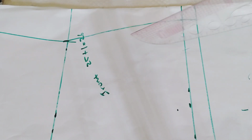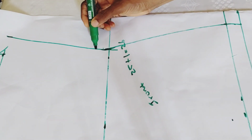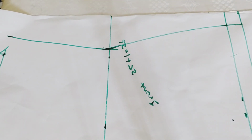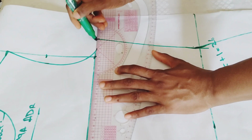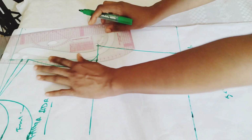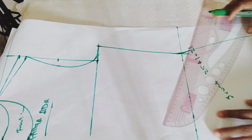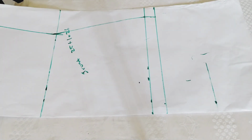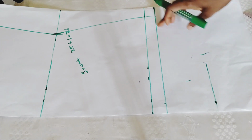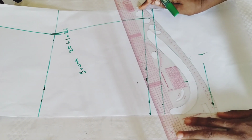And blend off. If there are any sharp edges, you blend them off, okay? Our body does not have sharp edges, okay? So I'm just going to reconnect this. Then I'm going to add one. I added 1 inch for ease. The paper is not enough, okay? So now we'll just connect from here to